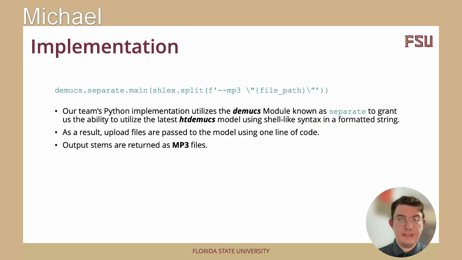And if you know where to look in the documentation for this pre-trained model, you can actually perform music source separation, thankfully, in one line of code. So I can pass the absolute file path for a song into the model, and the model will produce an output for the vocals separated, the drums separated, the bass separated, and everything else